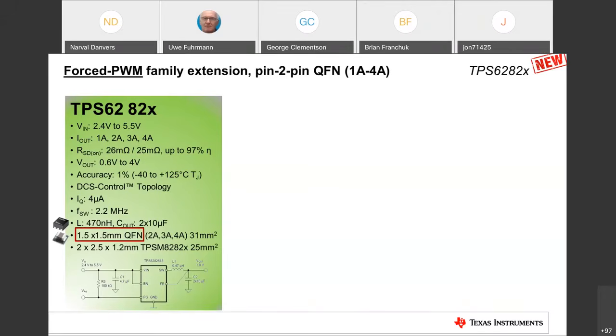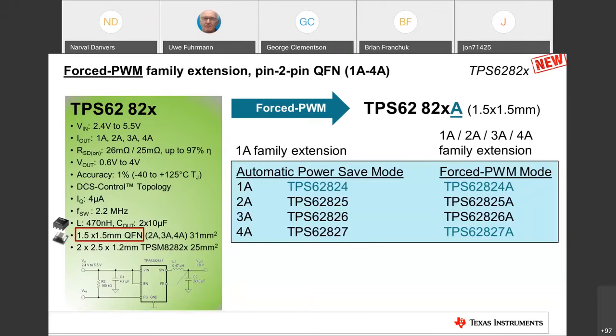It's available as a module as well with integrated inductor, and I will come to that in a minute. Now this family is also available with the forced PWM version. It's pin-to-pin compatible, 1 amp, 2 amp, 3 amp, 4 amp, with automatic power save mode or a forced PWM mode.